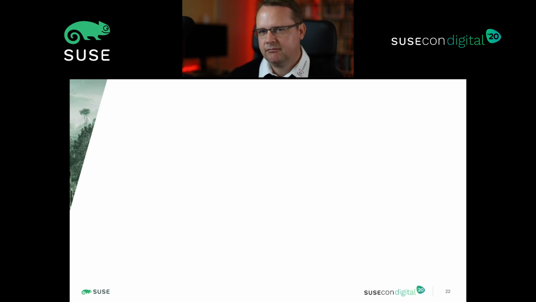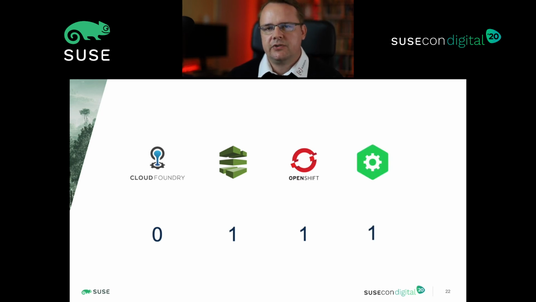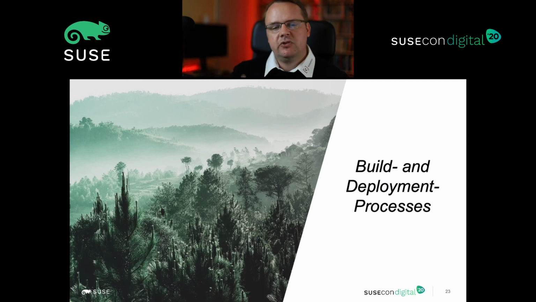Having said that, let's compare then again the outcomes. So Cloud Foundry, since it is complicated, gets no points at all. Vendor-specific solutions get a point. Red Hat's OpenShift gets a point because it's a straightforward install. And SUSE Cloud Application Platform gets a point as well, because then again, installation is perhaps not easy, but simple and well described.